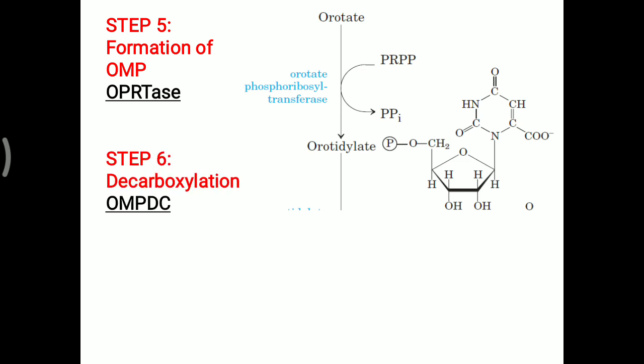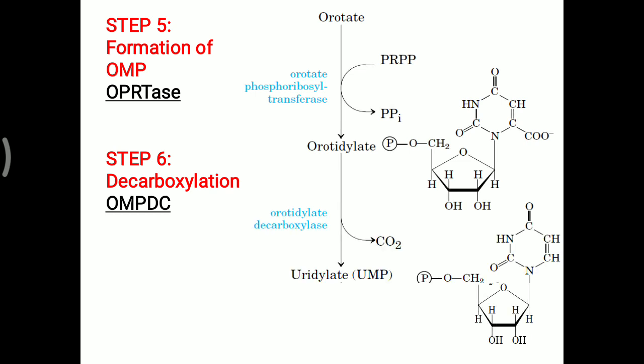In the structure of pyrimidine, there is an extra COO group attached, and that is now removed with the help of the decarboxylase enzyme. The carbon dioxide molecule is removed, and you can see the pyrimidine ring where the COO attachment is removed. So finally, OMP is converted into UMP. This UMP is called the first pyrimidine which is synthesized. You have to remember that the first pyrimidine synthesized is UMP, uridine monophosphate.